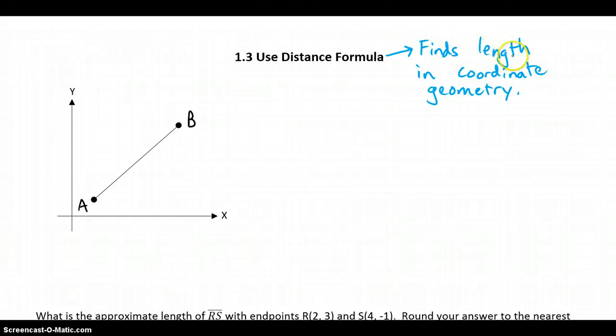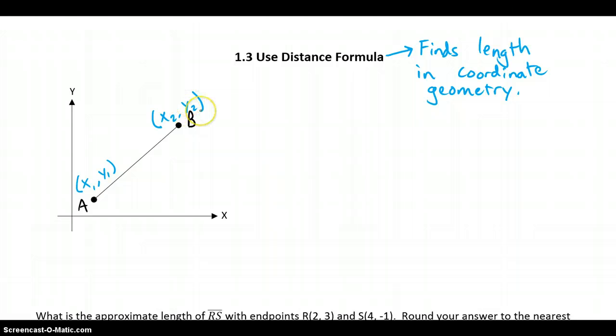If we need to find length in plane geometry, we can just use a ruler or a number line. In coordinate geometry, we're going to need a formula to find that length. So if we take a line segment AB and we put it in a coordinate system with x and y, A is going to have an ordered pair, x1, y1, and B is going to be an ordered pair, and I'm going to call that ordered pair x2,